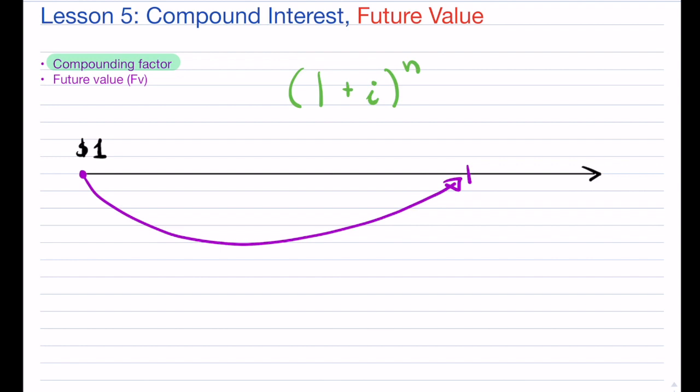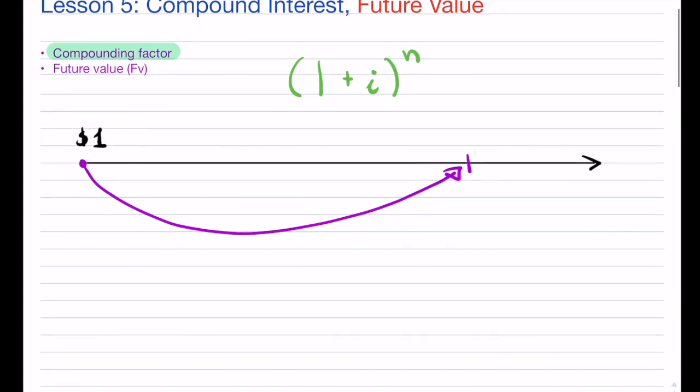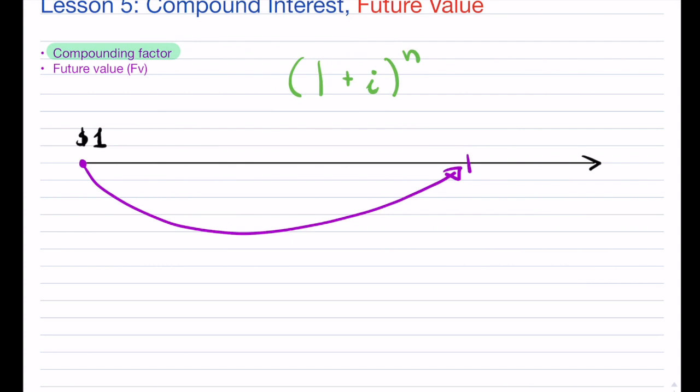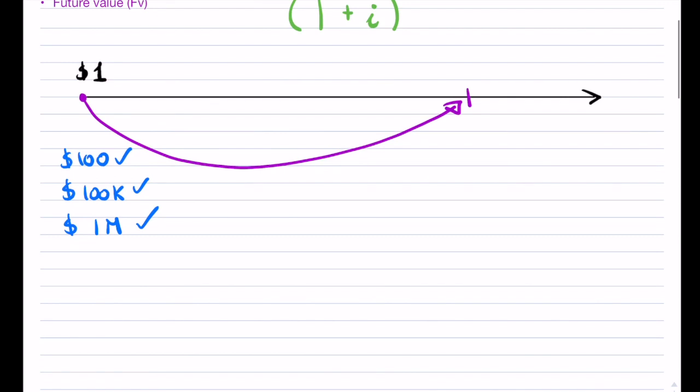And now, in this case, well, we do not have to just invest a dollar. We can invest any amount that we like. And if that's the case, what if we invested $100? Or what if we invested $100,000? Or what if we invested $1 million or borrowed for that matter? So all of these amounts that we have, the starting point of our investment or of our loan, is simply known as the present value